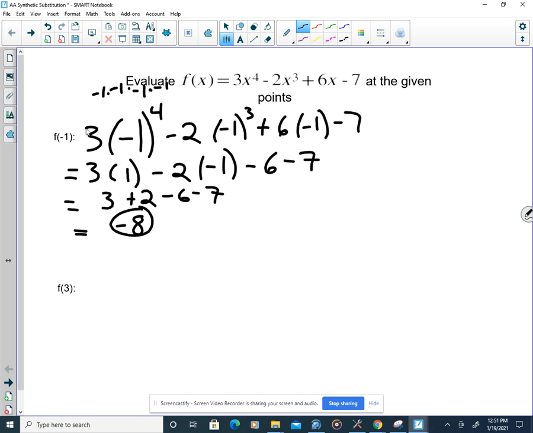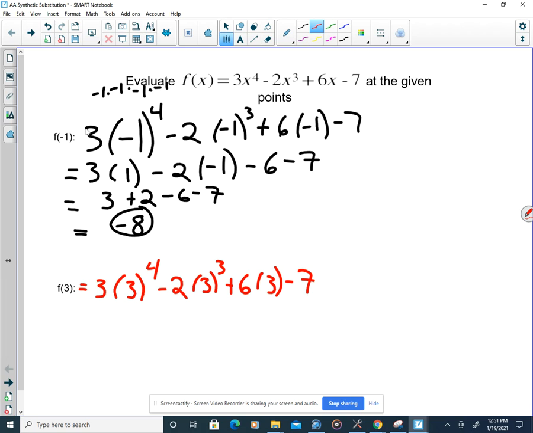Okay, well let's look at this next one here. This one tells us to evaluate f of 3. So we'll just do the same thing. So wherever we have an x, we'll plug a 3 in. So we end up with 3 times 3 to the fourth minus 2 times 3 to the third plus 6 times 3 minus 7, and